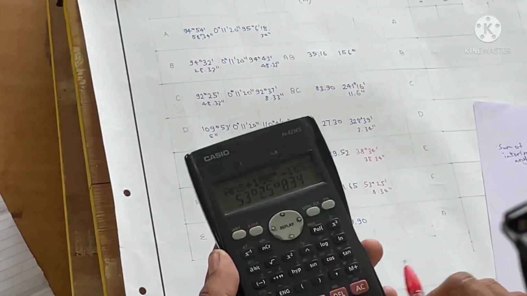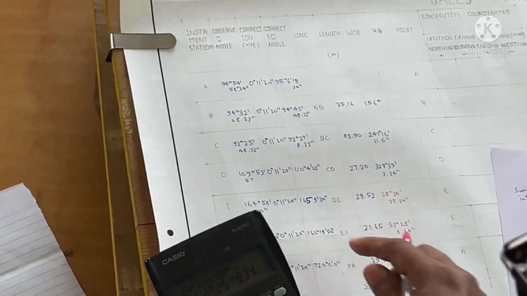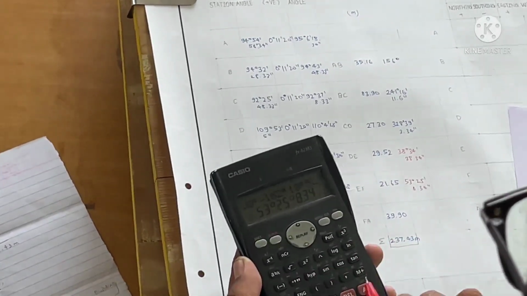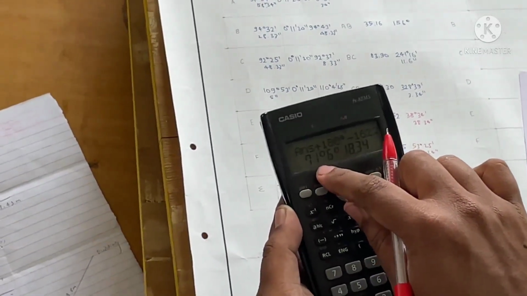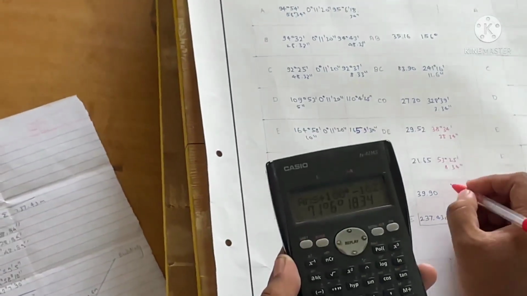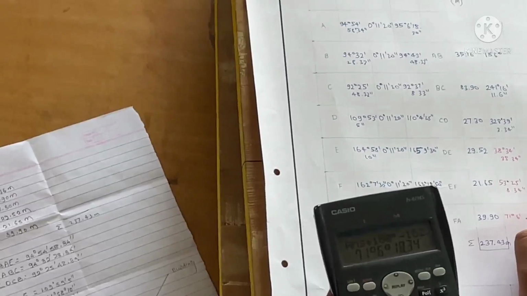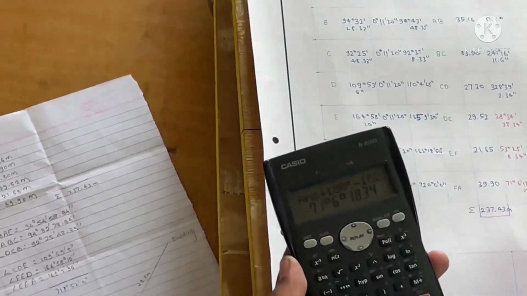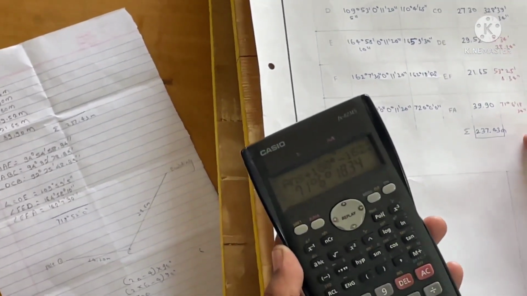Again I will add 180 degree in that minus 162 degree, 18 minutes, 50 seconds. So it is coming out to be 71 degree, 6 minutes, 18.34 seconds. So here, 71 degree, 6 minutes, 18.34 seconds. Now whatever the WCB we have calculated, whether it is correct or not, how are we going to tackle that?